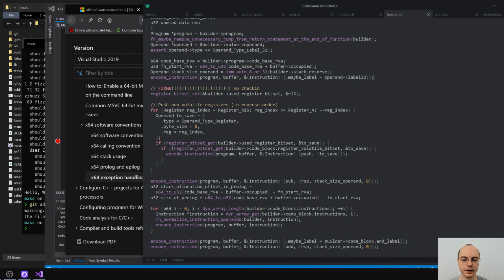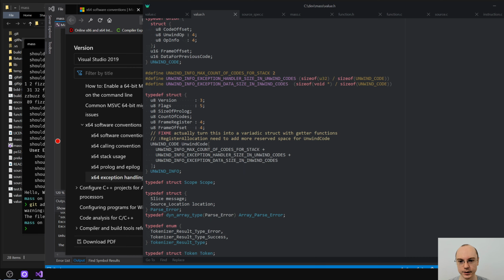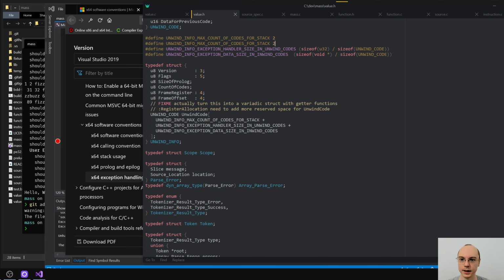like we again get into this situation of, if I don't want to copy memory around, I will need to do some weird things with trying to estimate the sizes of all the structs. And I think for now I'm just going to ignore it. So I will do what I did here, and I will do something very nasty. I will say unwind info max count of codes